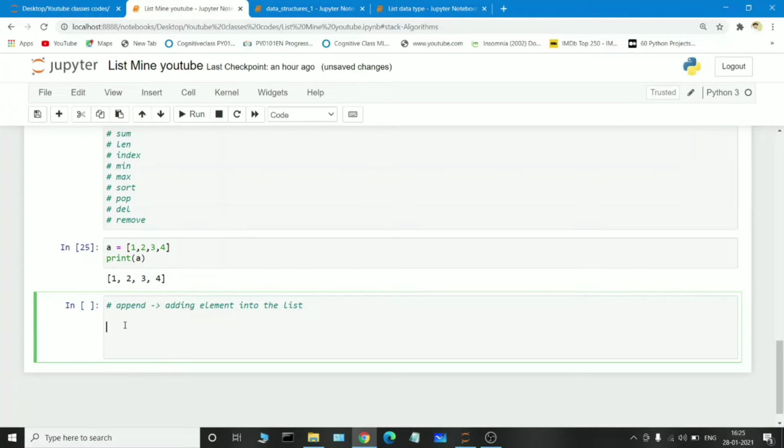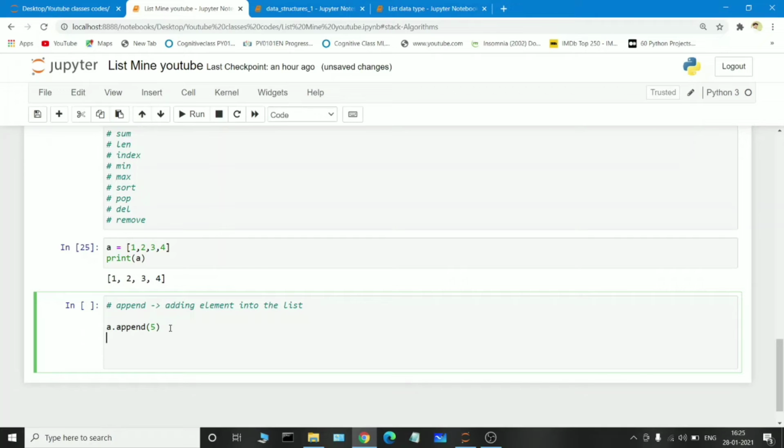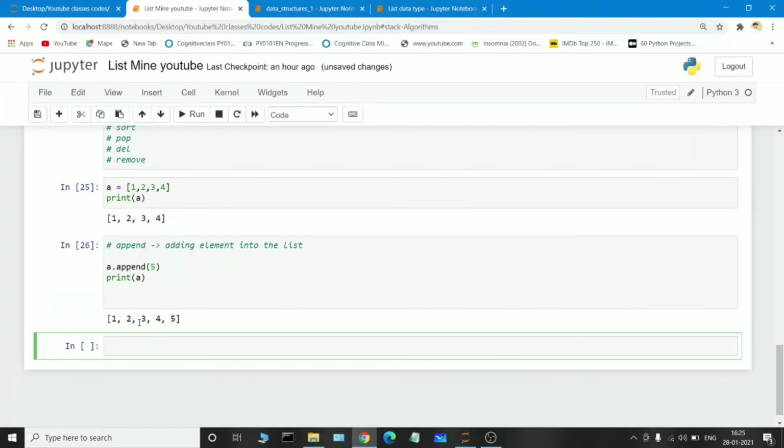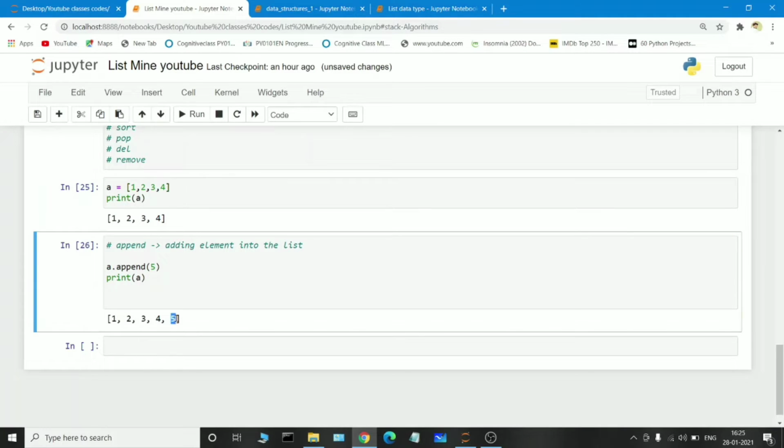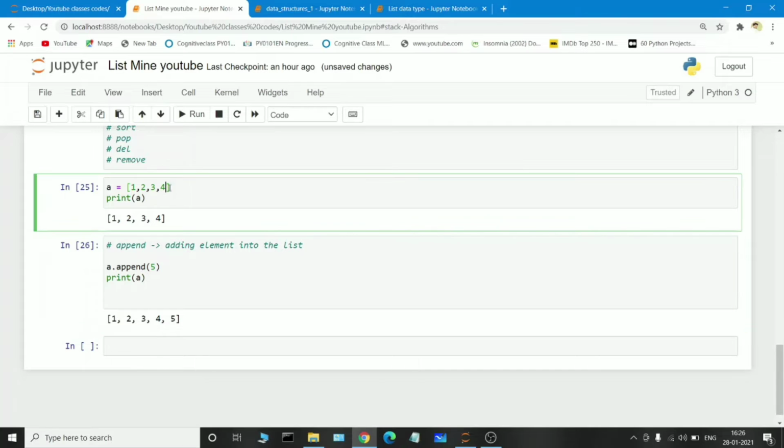The syntax is a dot append of, suppose I want to insert the value 5, append of 5, and I print A again. See, at the end of the list, the value 5 is inserted. So when we use the append keyword, the value is inserted into the list at the end position only.